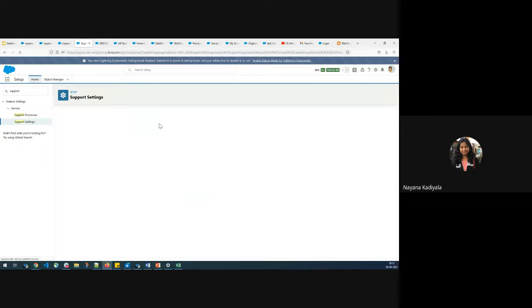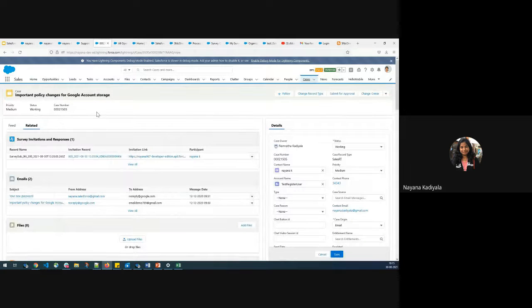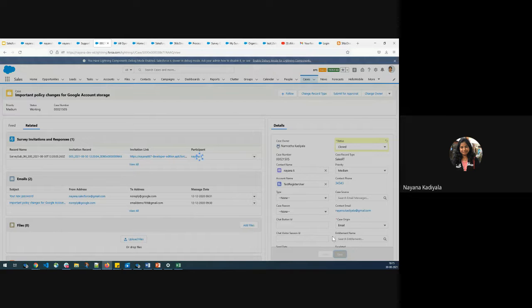So what happens is basically whenever a case is closed, you can read it out here: use the survey to gather feedback after a case is closed. So whenever I am marking this case record as closed by going with the out-of-the-box picklist values, and if I hit on Save, a survey email would be generated.